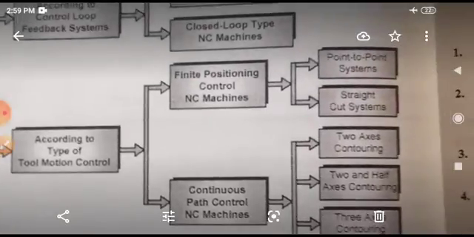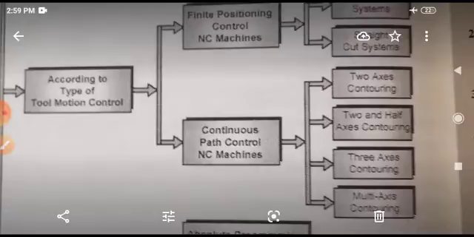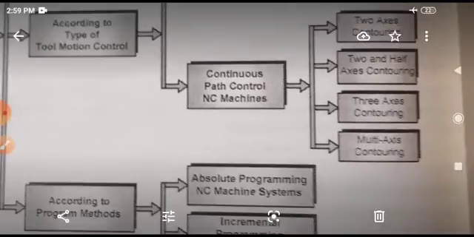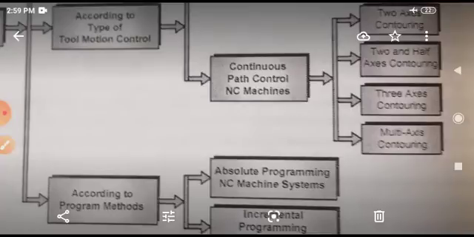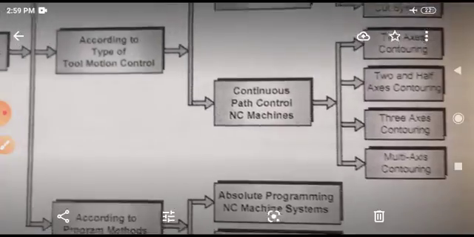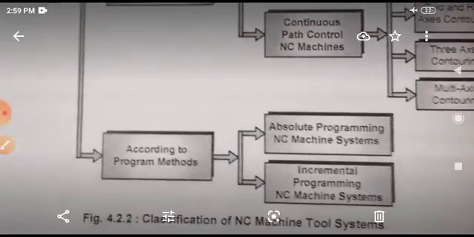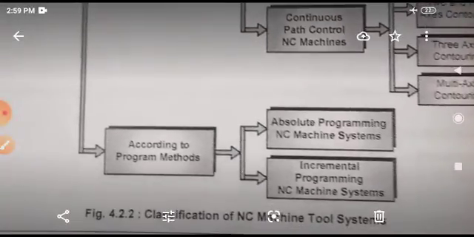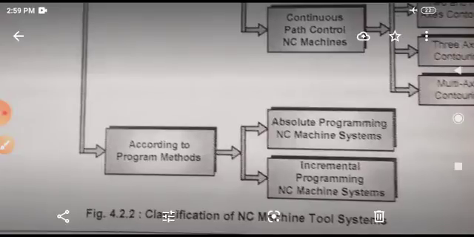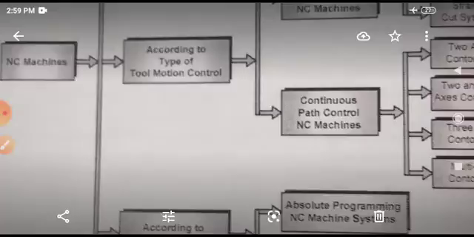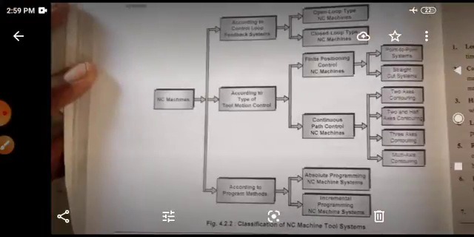Point to point includes straight cut, and continuous path control includes 2 axis, 2.5 axis, 3.5 axis, and multi axis contouring. According to the program method, one is absolute and the second is incremental. These are the types of NC. Let's see the next one.